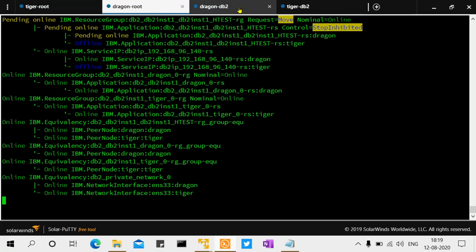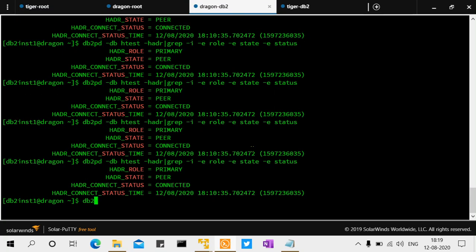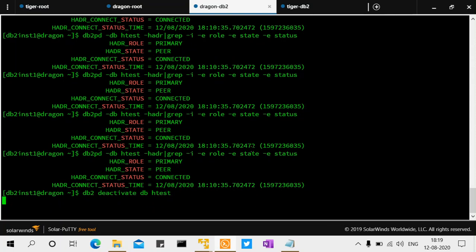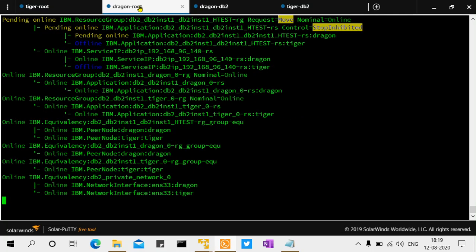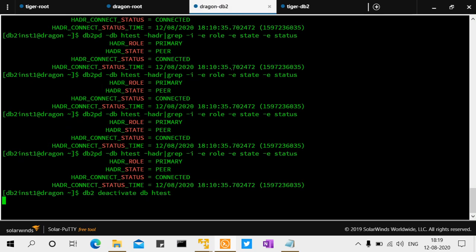So what we'll do, we'll try to deactivate the database, our primary, deactivate db name. Let's see if that kind of fixes the issue. We'll try to deactivate the database and activate it again. So maybe it might pick up that change. This is like involving a downtime, right? That is why I'm calling it as an issue. So the TSA status and the DB2 status are kind of mismatching. So that is why I call it as an issue.